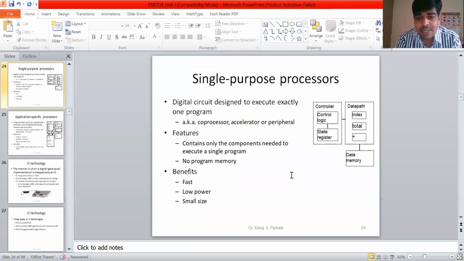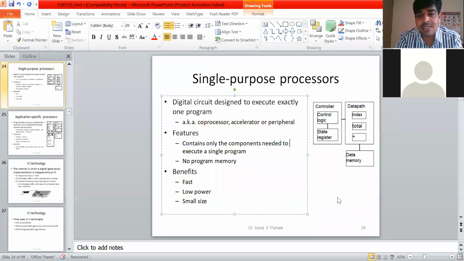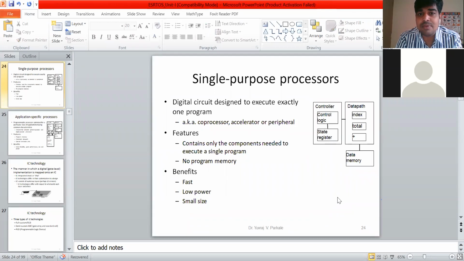Now, whenever there is a problem, nowadays there is functionality that we can remotely find out the fault of the system. No need to go up to that system to find the faults. If you find the fault, you can suggest changing the processor itself. This will save a lot of time and also cost. This is the significance of the single purpose processor. Why are single purpose processors very important? Because of this.